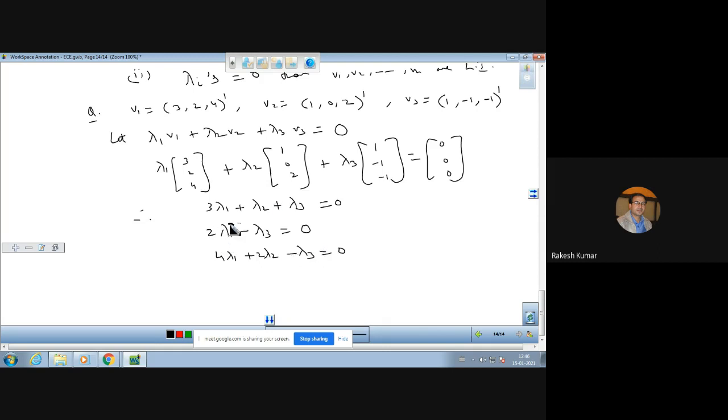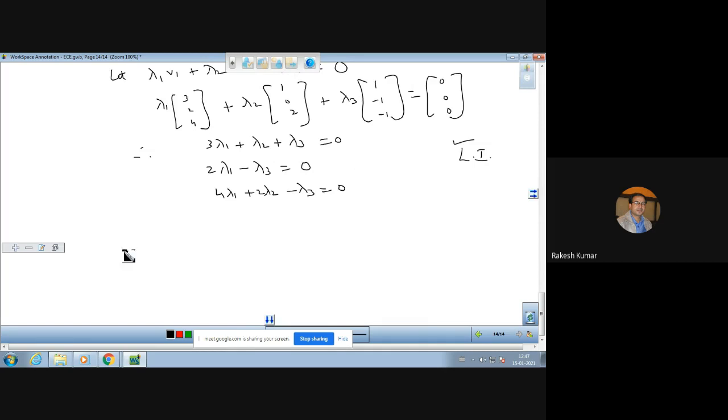Now we have to find out the values of all these, lambda 1, lambda 2, and lambda 3, and check whether the values come out to be 0, 0, 0. If all values come out to be 0, 0, 0, then the given vectors v1, v2, v3 are linearly independent. और अगर इनमें से लैम्डास में से एक भी नॉन जीरो आ जाता है तो गिवन वेक्टर्स आर लीनियरली डिपेंडेंट. सो लेट अस सॉल्व. क्योंकि हम लोग ऑपरेशंस में डील ज्यादा कर रहे थे, क्योंकि हमारा टॉपिक भी वो है रो ऑपरेशंस लगाना, तो हम लोग इस क्वेश्चन को उसी फॉर्म में करते हैं.